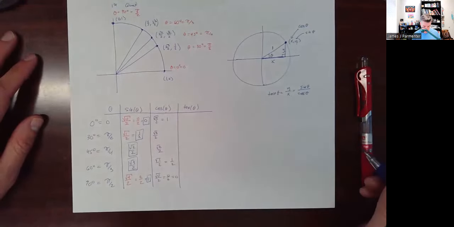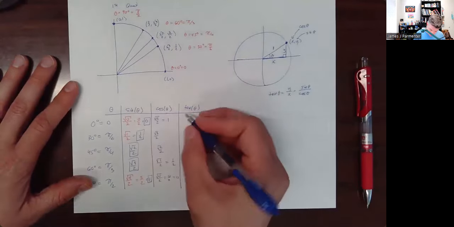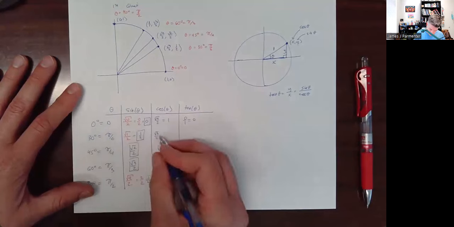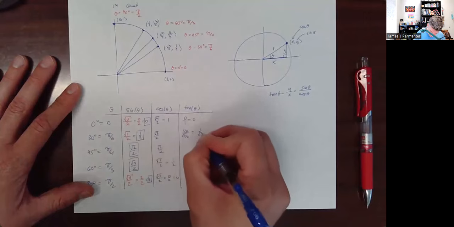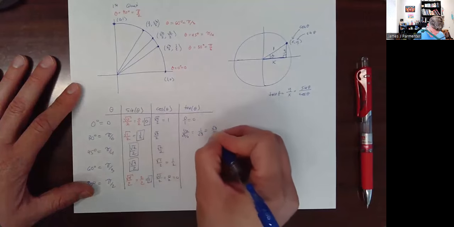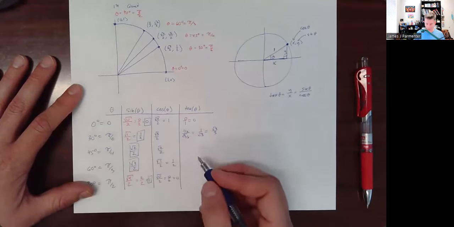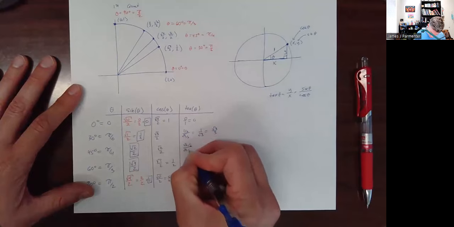And then finally, tangent is the quotient of this divided by this. So tangent of 0 degrees is 0 divided by 1, which is 0. Tangent of 30 degrees is 1/2 divided by root 3 over 2. The 2's cancel. You get 1 over root 3, which we rationalize as root 3 over 3. Tangent of 45 degrees, root 2 over 2 divided by root 2 over 2. I really don't think you need to write that out, because when you divide anything by itself, you just get